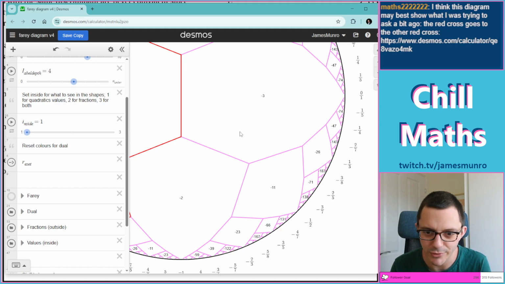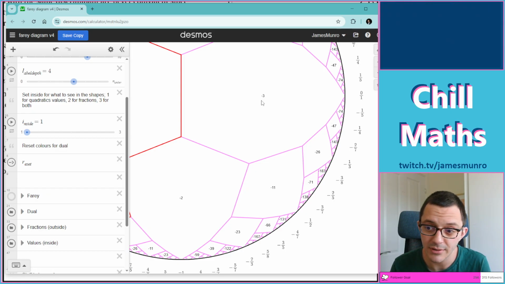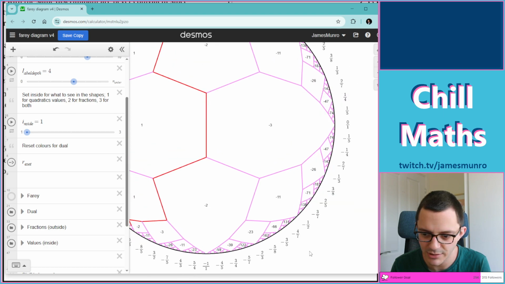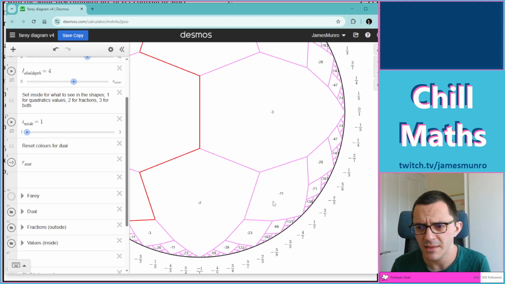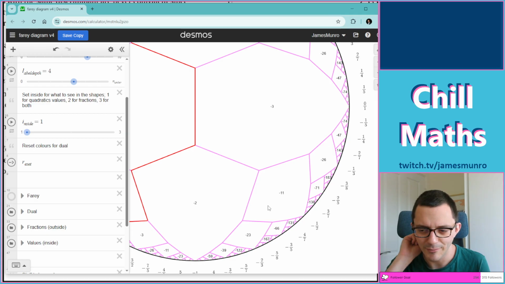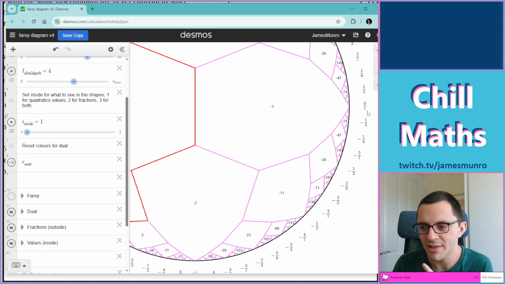So I can see that this quadratic form, I'm not looking at the formula on the left, if you plug in the numbers 0 and 1 in this case, you get -3. If you plug in the numbers, what's that down there? That'll be -1, 1, you get -2. And if you plug in -1, 2, you get -11. So, without knowing where this is, just saying you've plugged in some numbers, if this gets transformed, so this is actually somewhere else in the diagram, you'll get different numbers in your quadratic form, be a different quadratic form, but this combination of seeing that it takes values -3, -2, -11 means that